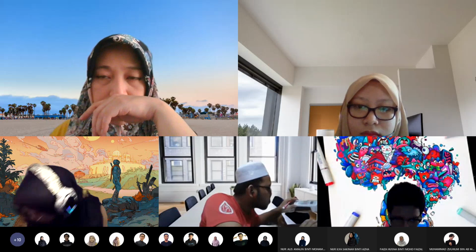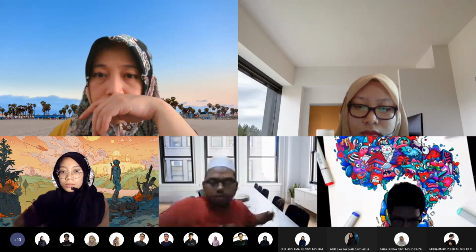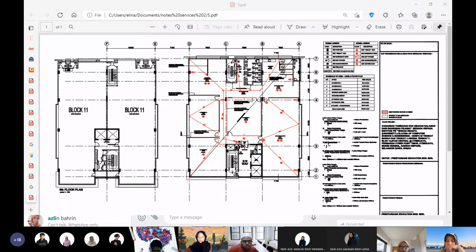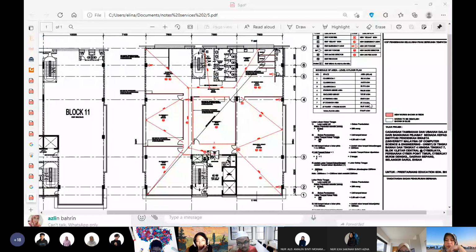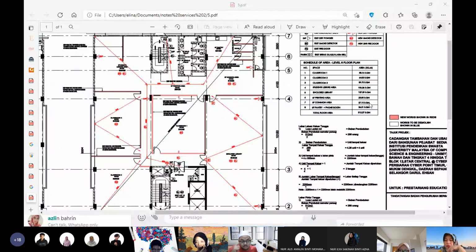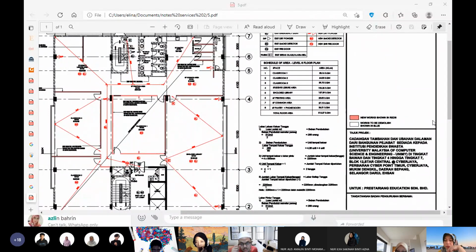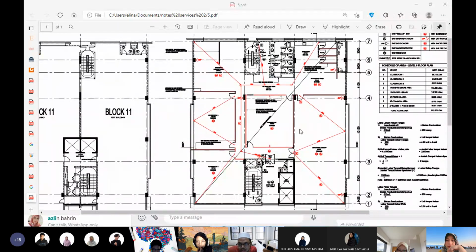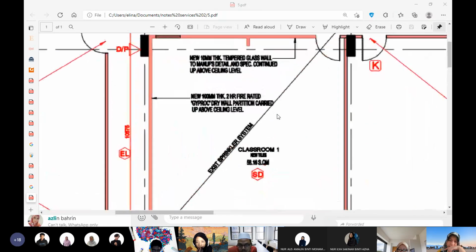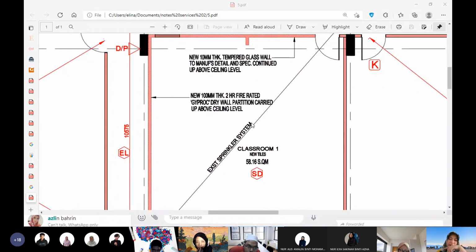Okay. This is an institution example. This is an example of the institution, but of course it's in the building, one block of building, because I can't find the plan. Tambahan ubahsuai pejabat institute untuk college. Okay. For this building, you cannot simply, this is what we call an existing sprinkler system, meaning that